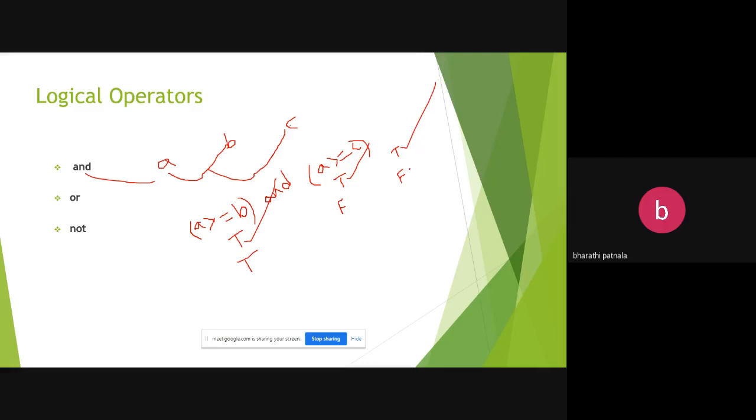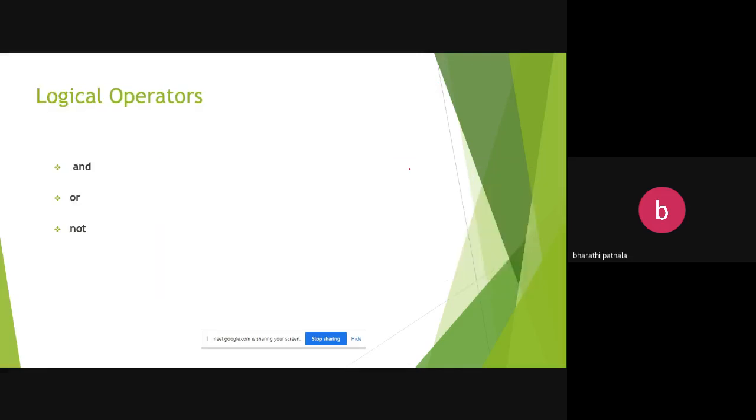Similarly, in OR, we compare A, B and C like that. Consider passing of marks, for example: this is first subject marks, this is second subject marks, and this is third subject marks.